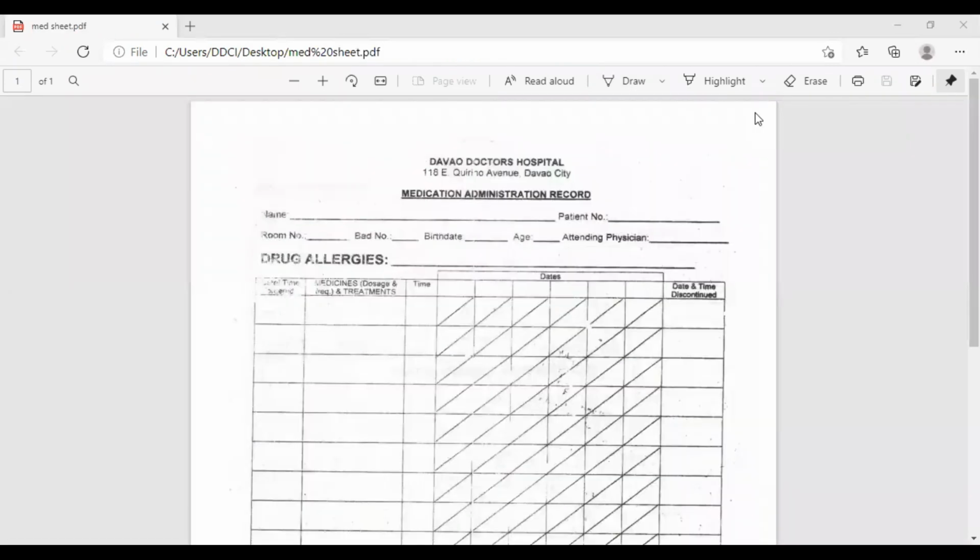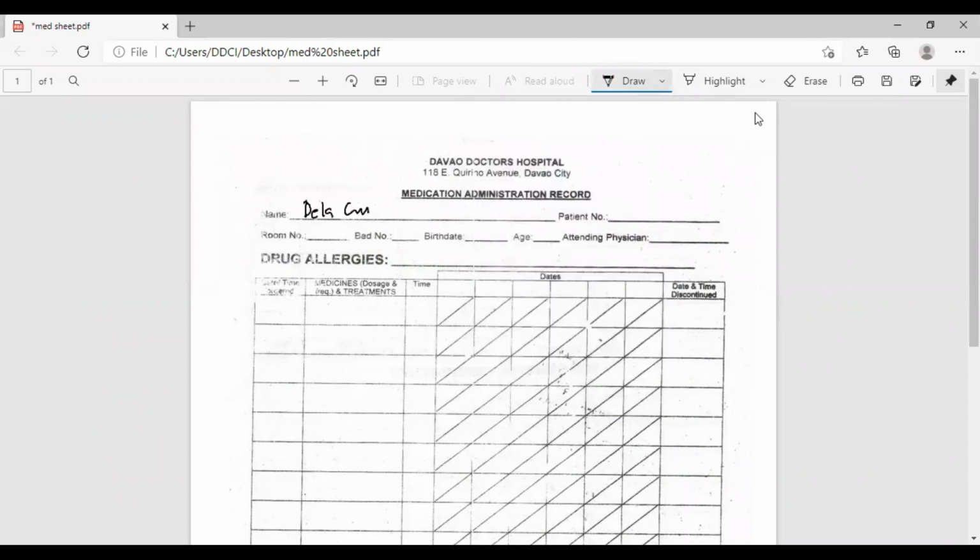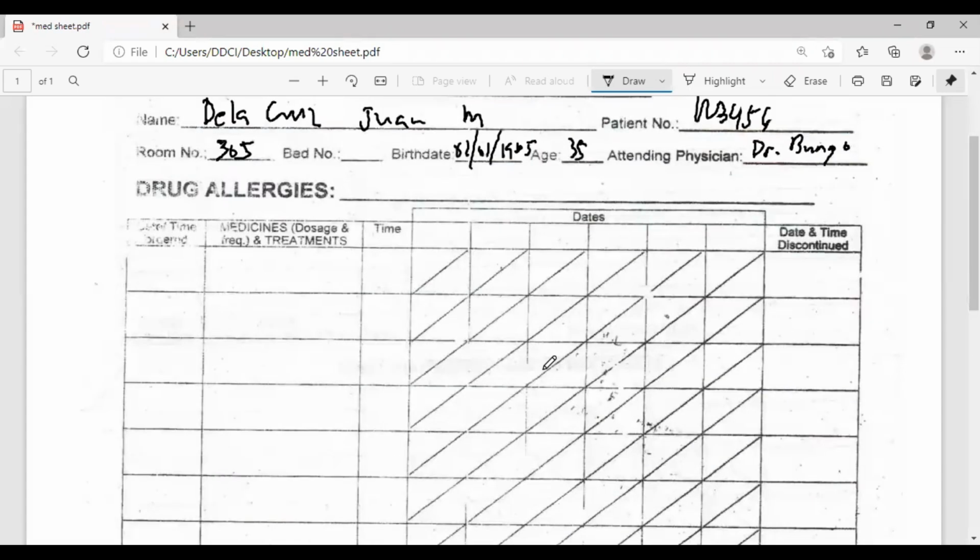Okay? So for the medication administration record, this is how you're going to document your medication. So first, make sure that you write your headings. So we have here De La Cruz 1M, room number 305, birthday 0101, 1985, 35 years old, patient number 12356, under service of Dr. Bungo. Okay, so we have here, let's zoom. Okay, so we have here the date and time ordered. So let's say